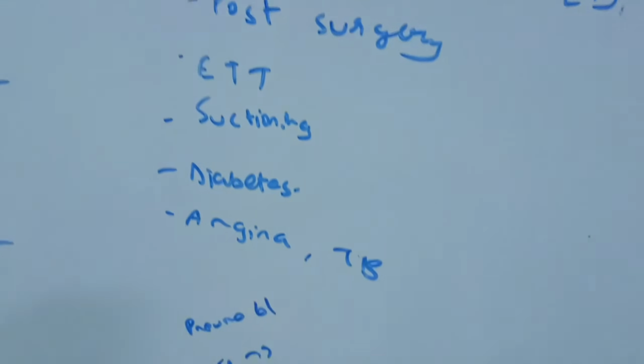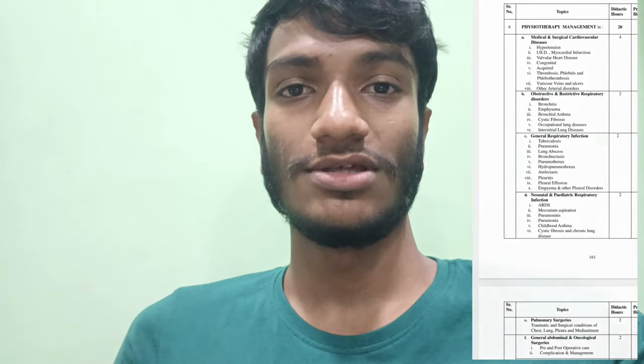Hello cardio. To give you guys an overview about the conditions in cardiorespiratory physiotherapy: as the name suggests, cardio and respiratory. So conditions related to the heart and lungs, and how physiotherapy will help in those conditions, the signs and symptoms. It is not as easy as it sounds. Okay, for this condition you will be given this exercise. For that you have to understand the whole physiology and anatomy of the heart, how it works, the heart rate, etc. So accordingly you have to prescribe the exercise, and there are many more things to improve the breathing capacity, etc., etc. So that is what we have for cardiorespiratory. Let's begin.